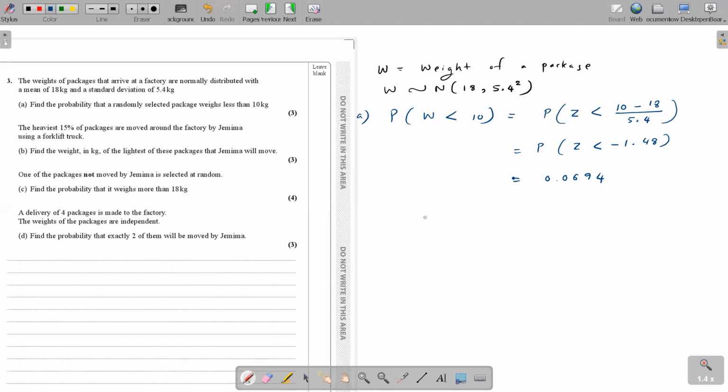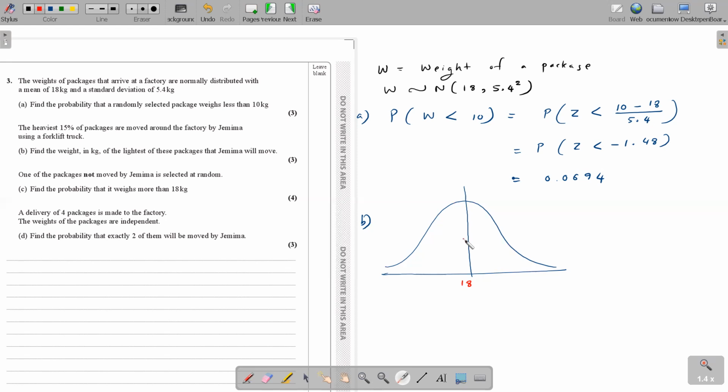So what are they saying in part B? Now you have a normal distribution, right? You know your weights are distributed normally, which means you have this bell-shaped graph. So what's the mean weight of the packages? 18. I'm drawing 18, the original normal distribution, not the standard normal. You can see here I'm using 18. So you know either side of the normal distribution, you have 50% area, 50% area, right?